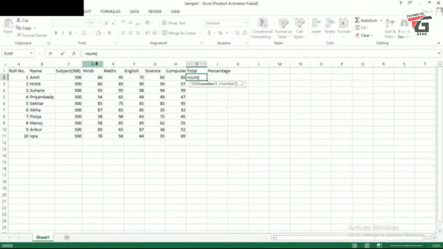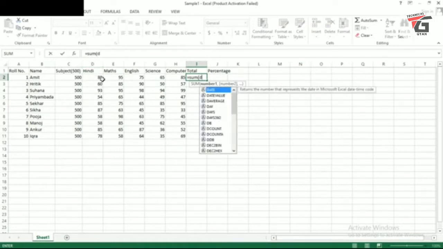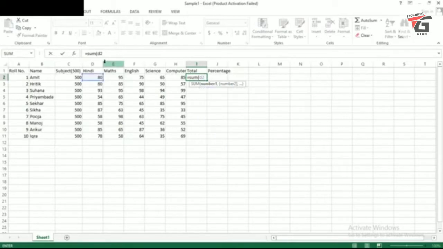Can you see here? This is column D. So the cell address would be D, and what is the row number? 2. So D2. Now see, I have entered D2 here in the SUM function. D2 is referencing a particular cell, and what is the data present in the D2 cell? 80. So the moment I enter a cell address in another cell, the cell address which has been entered into the current cell, that cell has been referenced. So I am using cell reference.